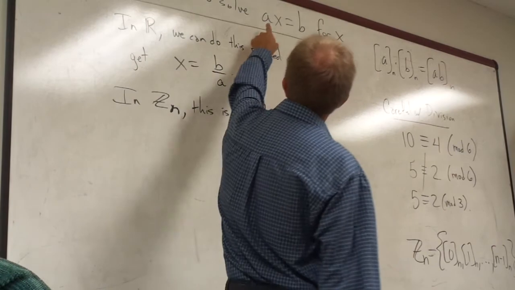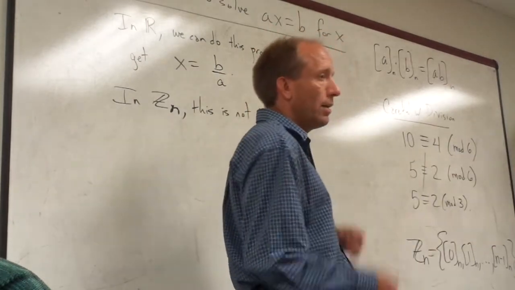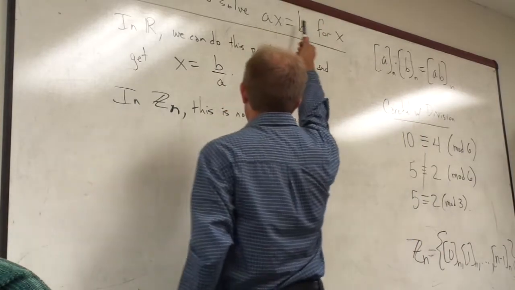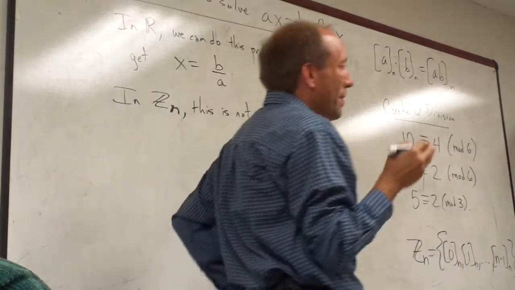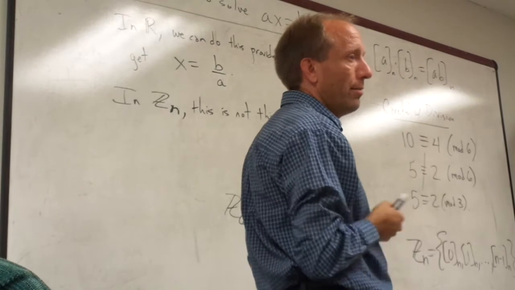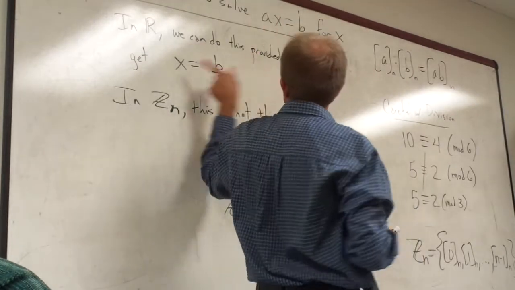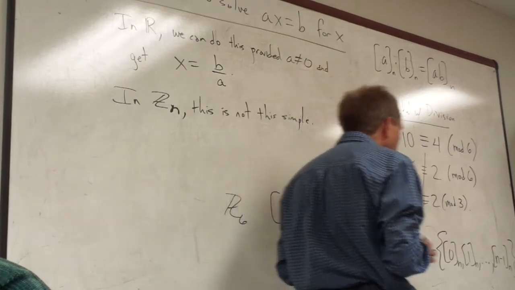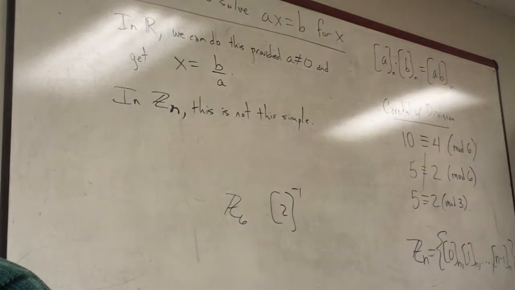Just in the same way that a times 1 over a gives you 1. So why do we multiply this through by the reciprocal? It's because a times 1 over a is 1, which means that the coefficient gets canceled and you isolate x. So we have to talk about inverses